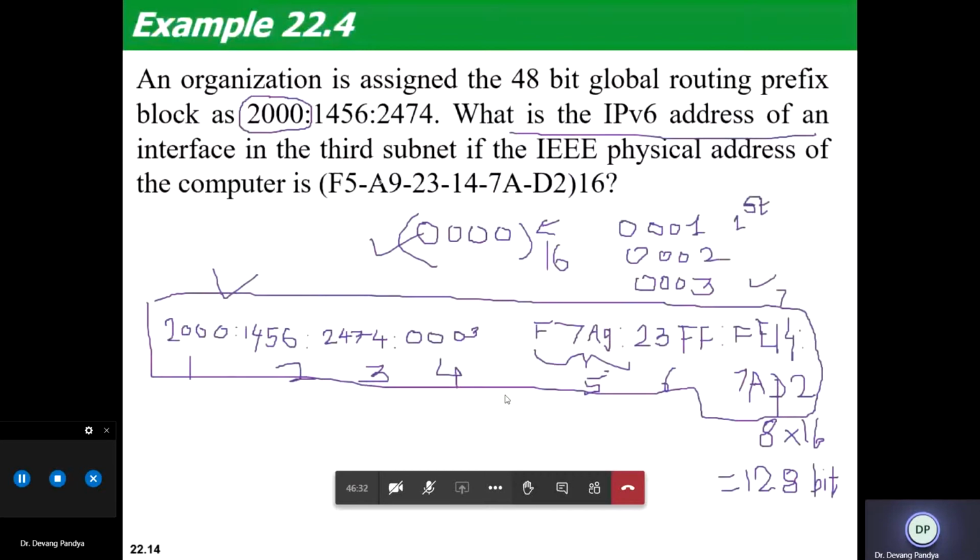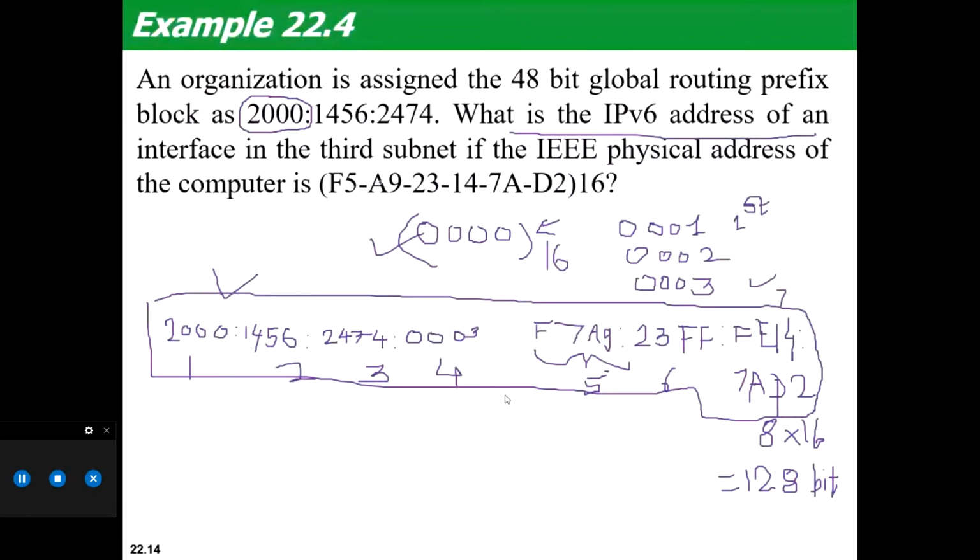So this is what you will split here. यहाँ से मैं इसको split कर दूंगा बीच में से, exactly from the middle. So this one block 23FF, इसके साथ FF paired होगा. तो यहाँ पे FF और FE stuff हुए. So 23FF, FE14, and this is as it is 7AD2. So this is my complete IPv6 address which we are getting.